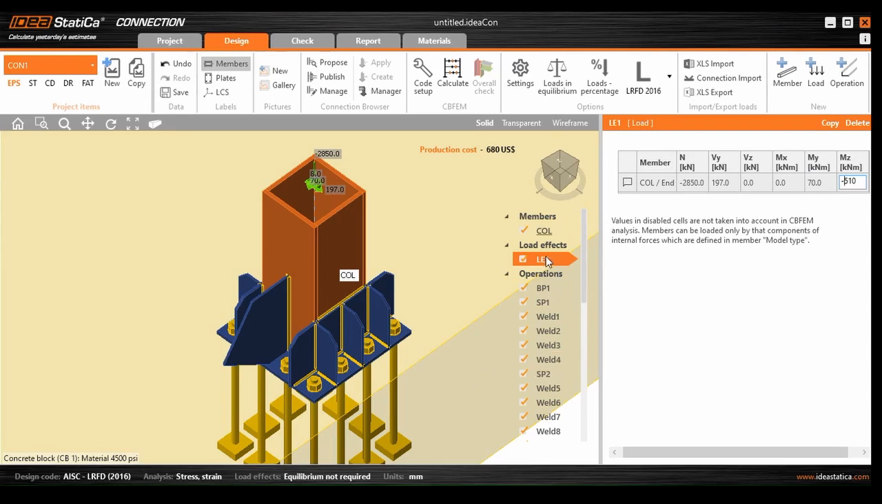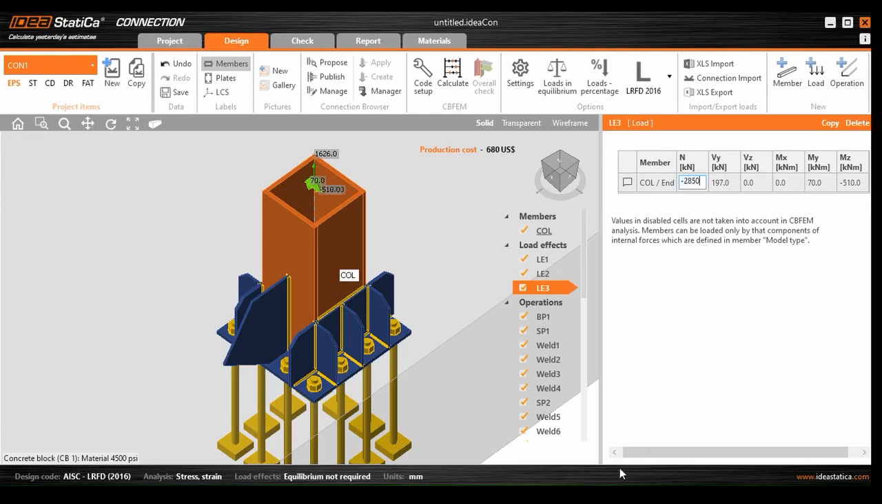Okay, so copy LE1, but this time put positive 1626 as the tensile force here, 1626. Tensile force in IDEA should be in positive form. Create another load combination. Create a copy of LE2. This is LE3. Okay, put minus